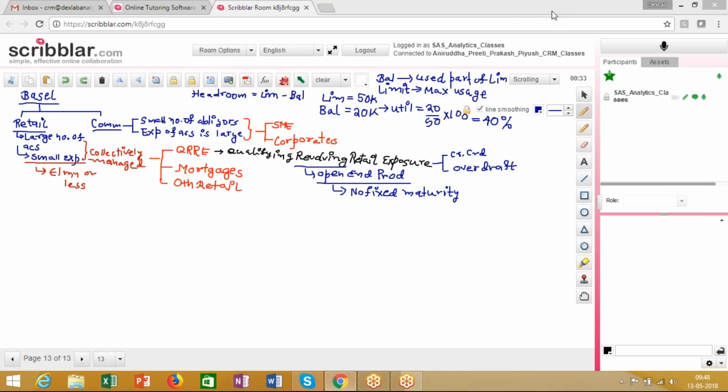We just cannot say that this guy is a risky borrower because his utilization is more. Utilization shows the demand for credit of a borrower. On the other hand, whether a borrower is a good borrower or a bad borrower, or a risky borrower or less risky borrower,